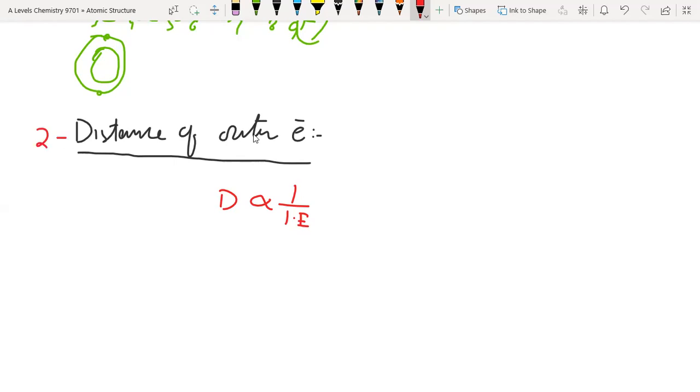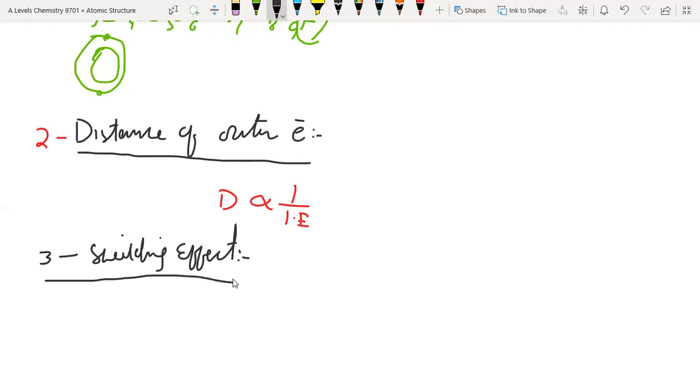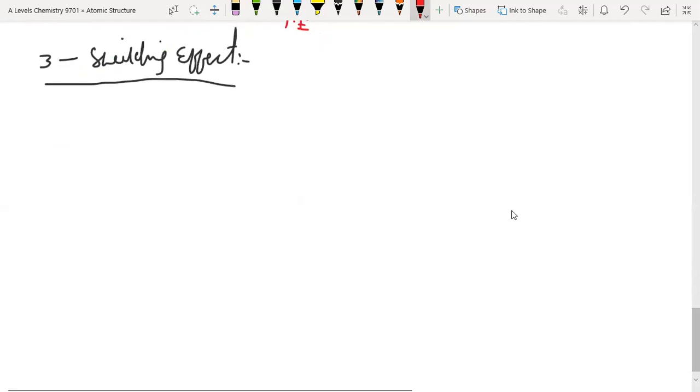Now, what is our third factor? Third is the shielding effect. Before discussing the shielding effect, we have to define what it is. Shielding effect